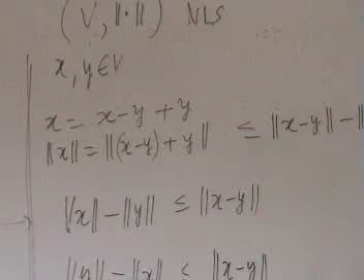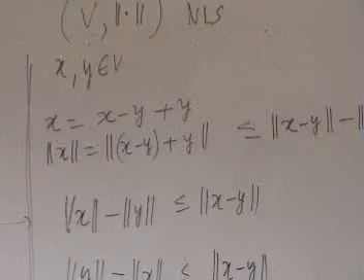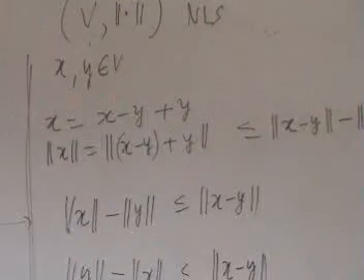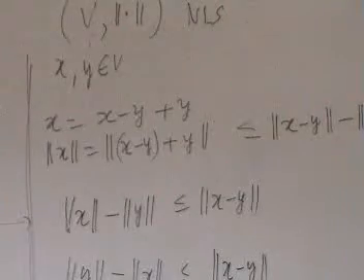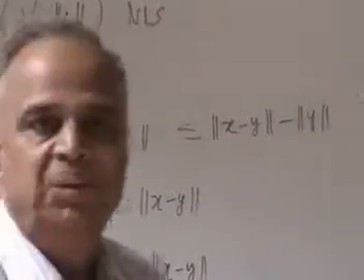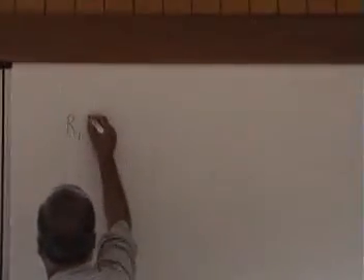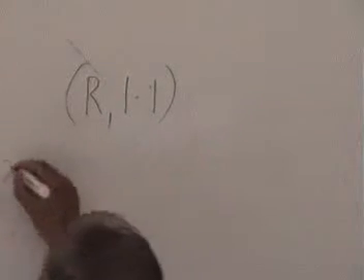The next thing is, one of the first things that we look at in the real numbers is convergence. Okay, so let us look at how we do it. This absolute value is the one that gives the distance, and distance is the one that gives us the notion of convergence.